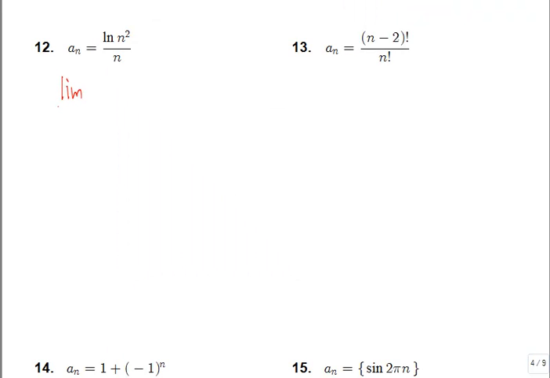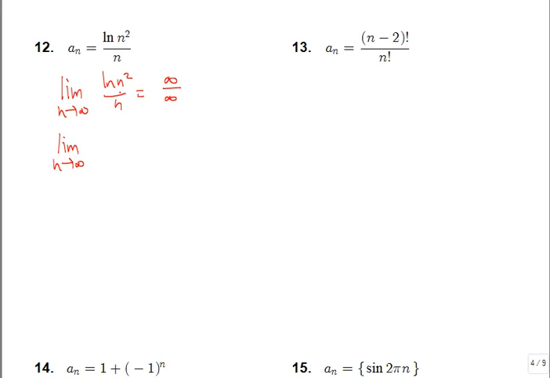So the limit as n goes to infinity of ln of n squared over n. Initially, infinity squared stays infinite, and the ln of something infinite stays infinite. And then obviously the bottom is going to be infinity as well. So it's one of those indeterminate forms. So if we apply L'Hopital's rule,